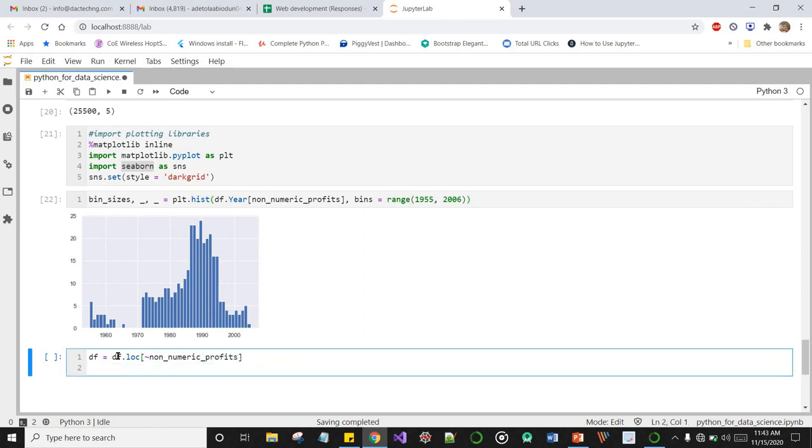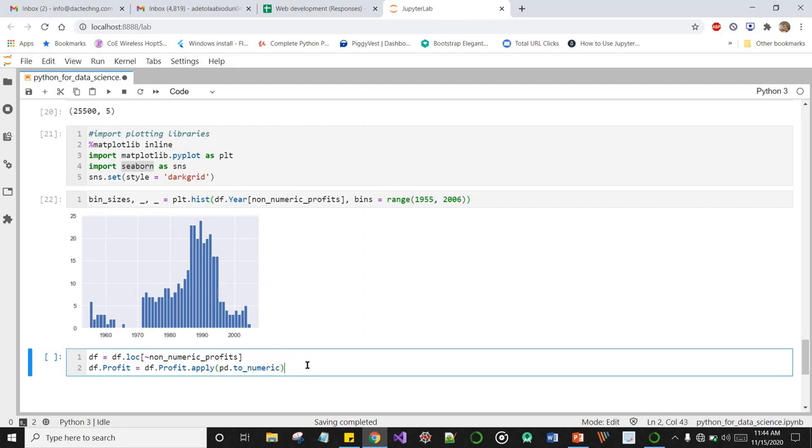Okay, and let's select the profit column. Data frame.profit, dot, use the apply method, and pandas dot to_numeric. So what pd.to_numeric does is convert the string object into its appropriate data type.